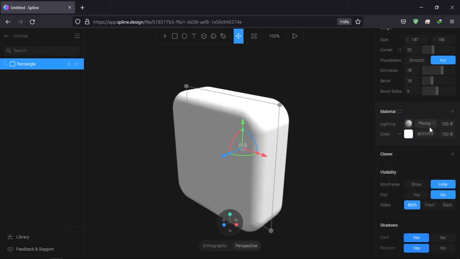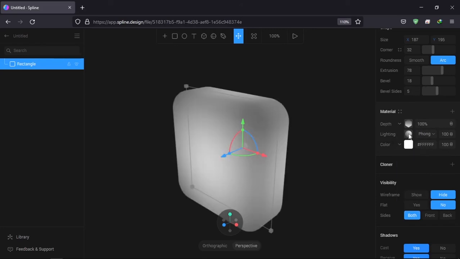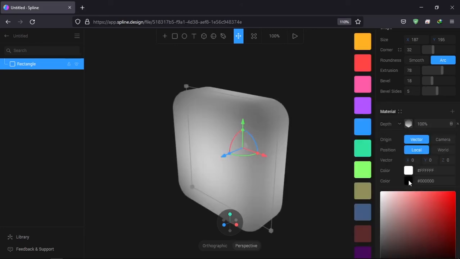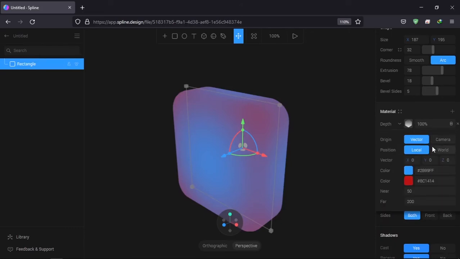In the material settings, we have different material values which can be added. So if I click plus here, it will create new material value. So I can change the material value to be texture, color, depth, normal, gradient, noise, Fresnel, rainbow, matcap, and display. So if I just add depth here, you can see there is a gradient happening. If I change the colors here, there are some different options in here also.